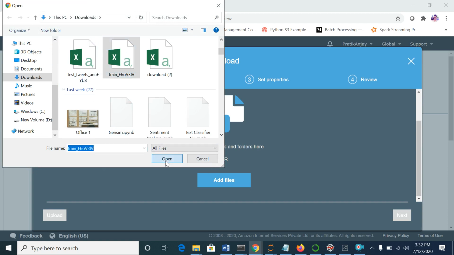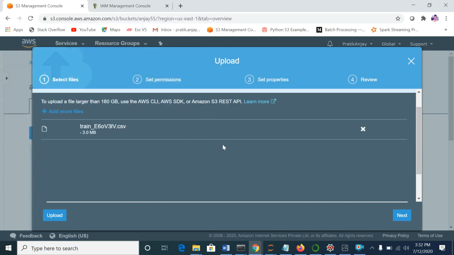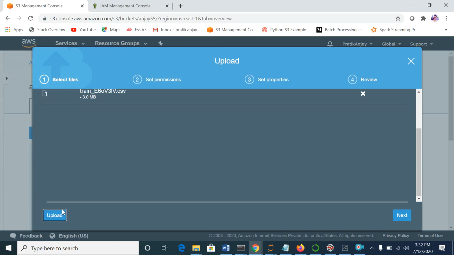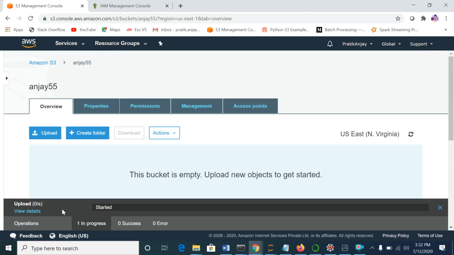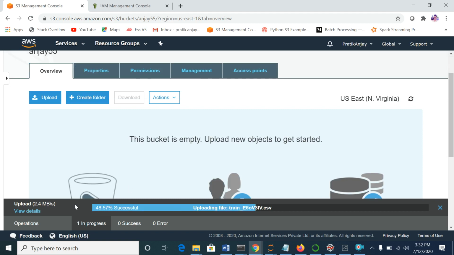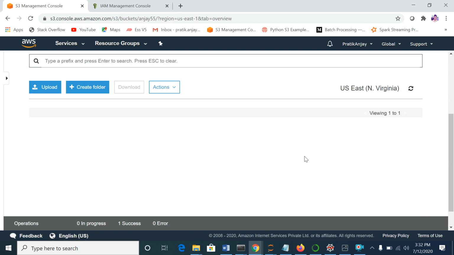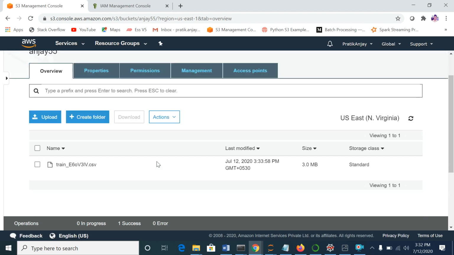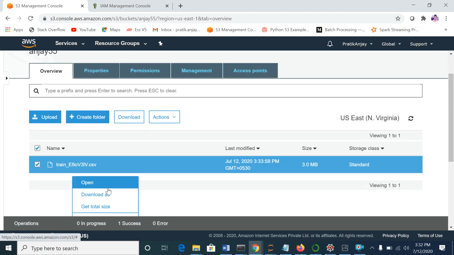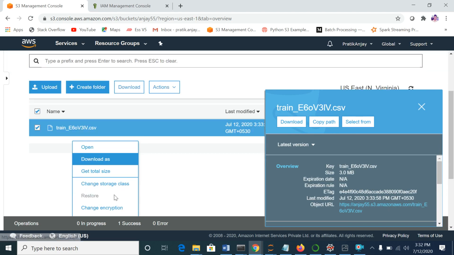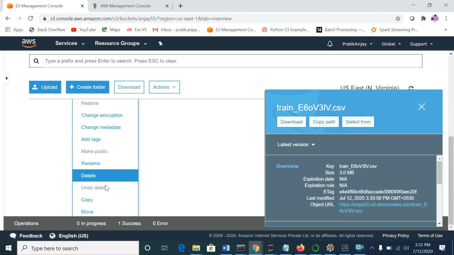For example, I am choosing this file, and I just have to click on upload. It will take some time. You will see the processing is happening, and yeah, your file is available. Once you right click on the file, you will get a lot of options. For example, you can download it, you can change it, you can even delete it from here.